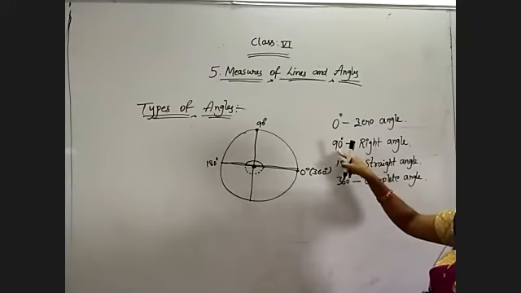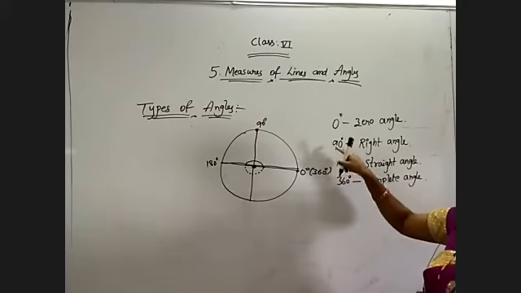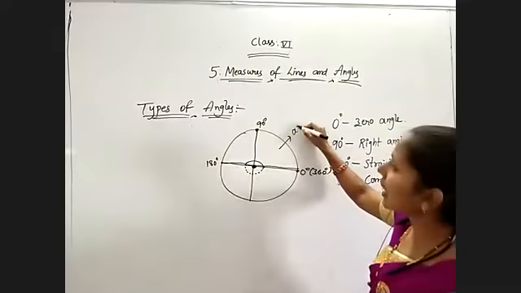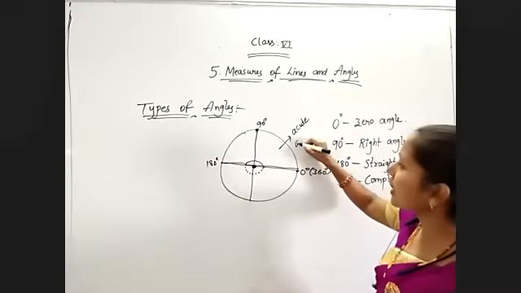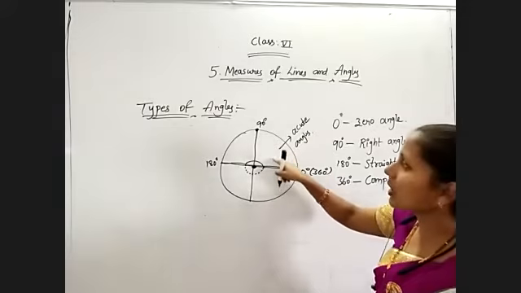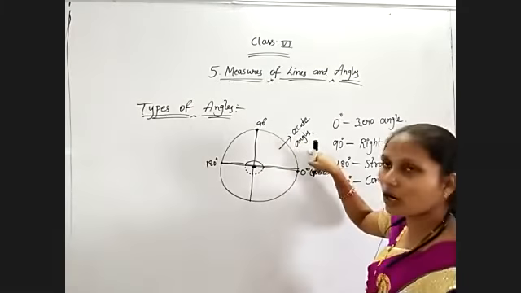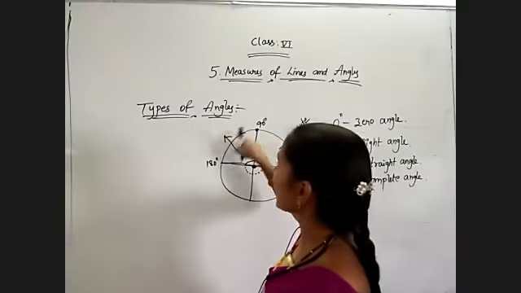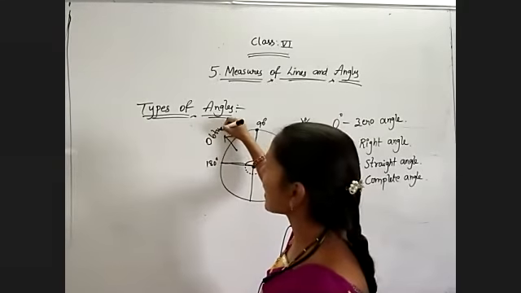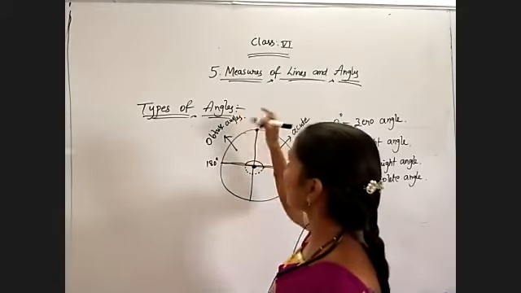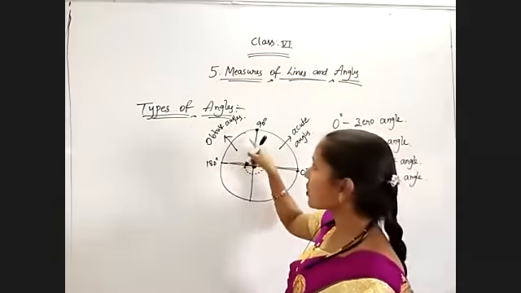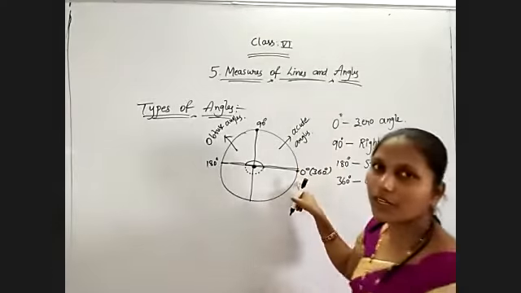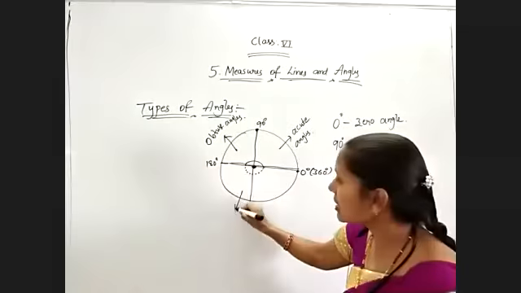From 0 to 360 we have several numbers here. Between 0 and 90 we have so many numbers, 1, 2, 3, 4, 5 till 89. All those angles are named acute angles. Whatever angles are there, 1 to 89, all those angles are called acute angles. And more than 90 degrees, in between 90 and 180, are called obtuse angles. Because here also we have some numbers, 91 to 179. All those numbers are called obtuse angles. And the numbers from 181 to 359, all these angles are called reflex angles.